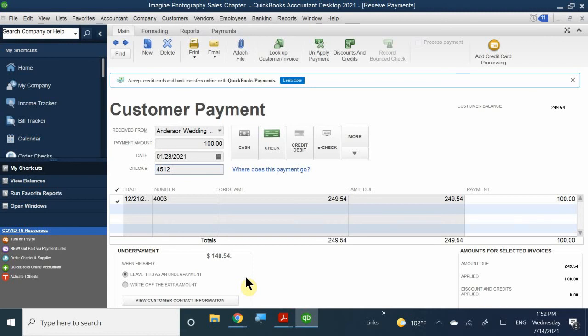So in this case, I'm going to leave it as an underpayment because watch this. This is how smart QuickBooks is. So if I leave it as an underpayment, okay, I'm going to go ahead and